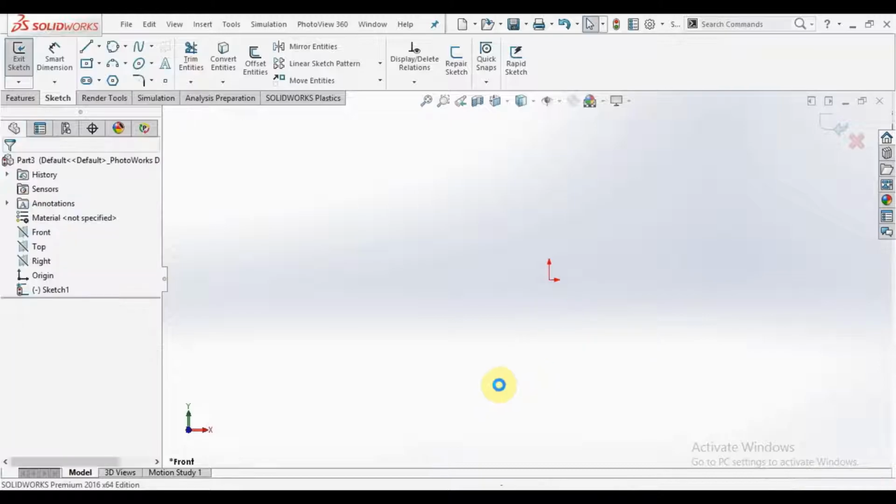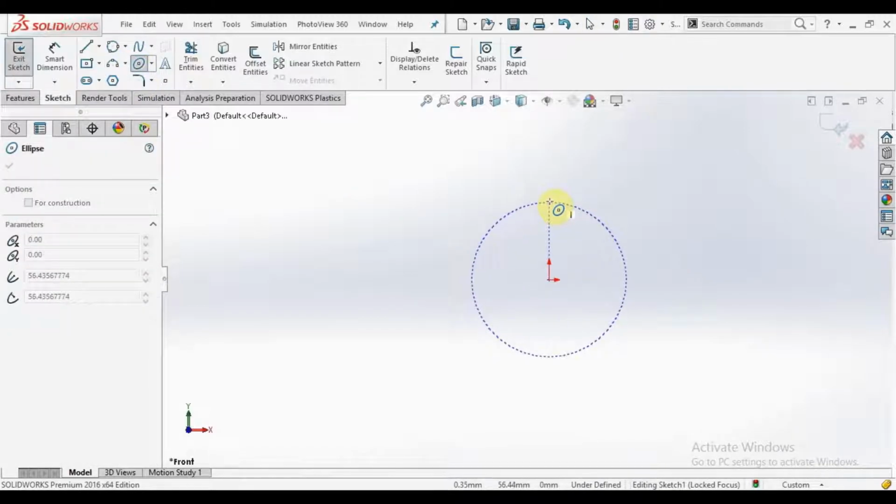Select the center point, and in which way you want to select, vertical direction or maybe horizontal direction. So select horizontal direction and give the second point, right click and okay.